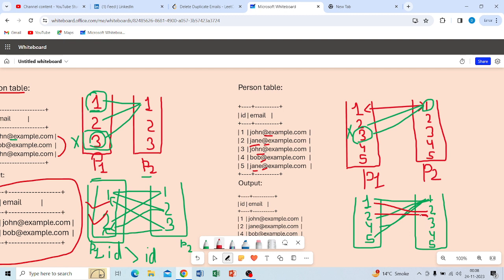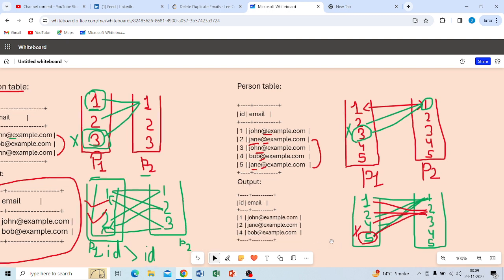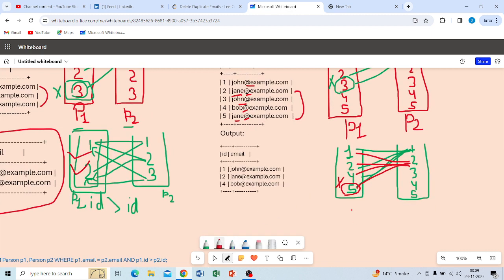Move on to another. This email ID is not equal to this. Now move on to another. Yes, their email ID is equal to this primary key of this email ID, because Jan is equal to J. So we have to remove this. After removing, we can say that our updated table of person P1 is 1, 2 and 4, and the other is